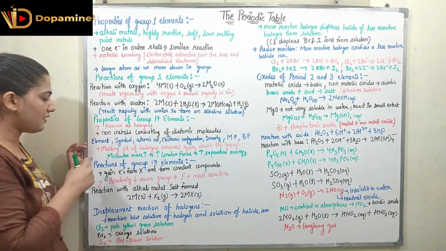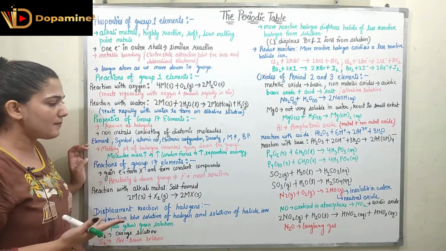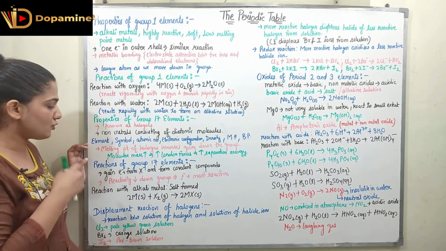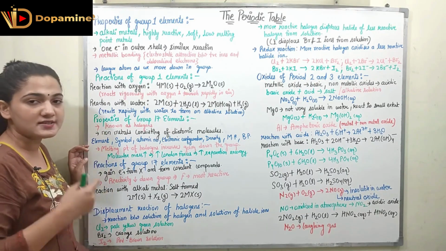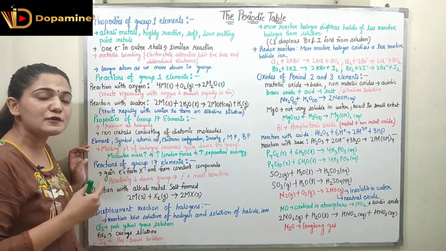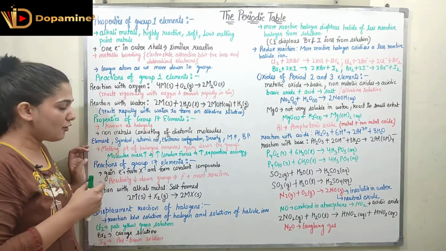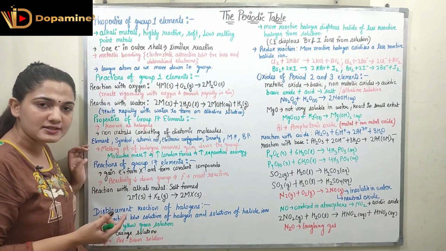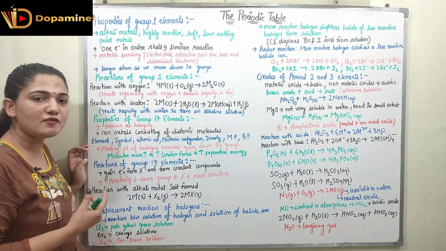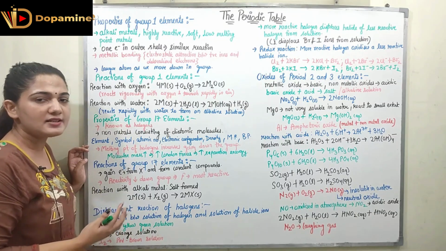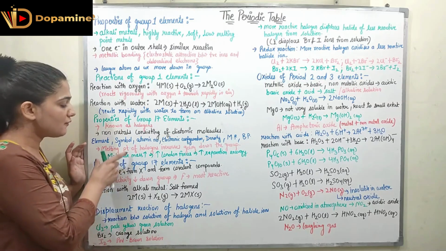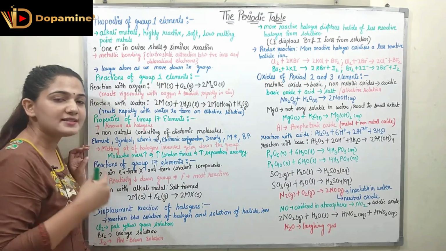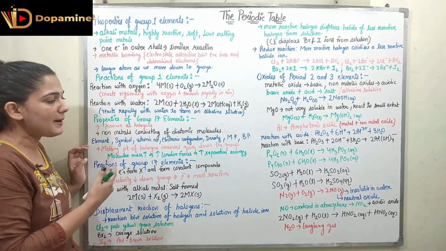Now you can see in the figure we have the element, its symbol, atomic number, electronic configuration, density, and melting point and boiling point variation. If you see the melting point of halogens, as we go down the group, the melting point increases. Why does it increase? The reason is that as we go down the group, molecular mass increases. The number of protons and electrons increases, so the molecular mass has to increase, right? When the molecular mass increases, there is an increase in the London forces, due to which we have an increase in the separation energy, and thus the melting point increases.